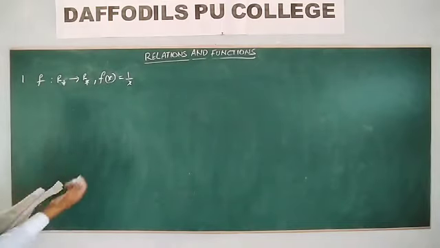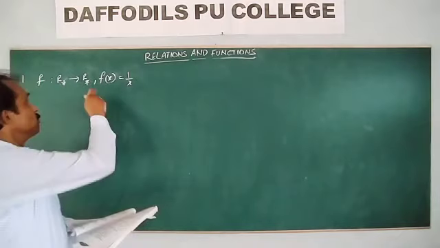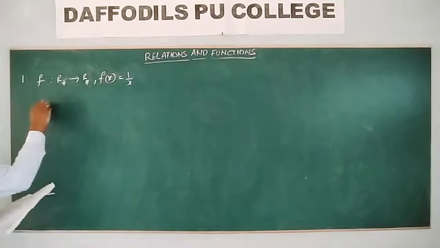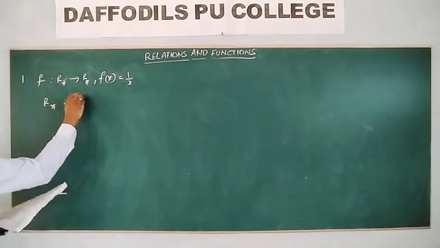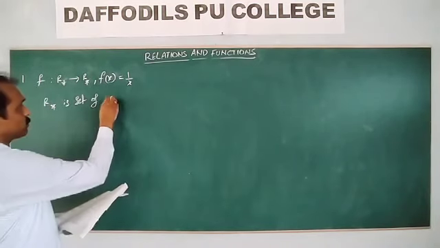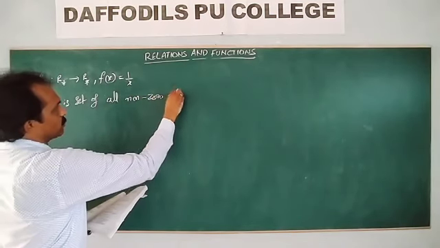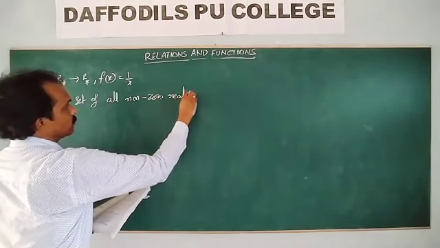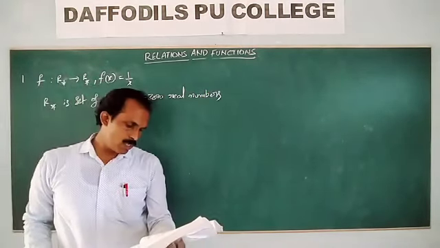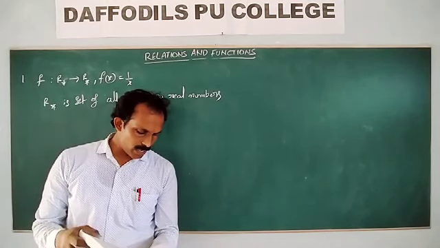Okay, what is this set then? We don't know actually. R to R means real numbers, N to N means set of natural numbers. But what is the set here? Given in the question, R star is the set of all non-zero real numbers. Is the result true if the domain is R star?